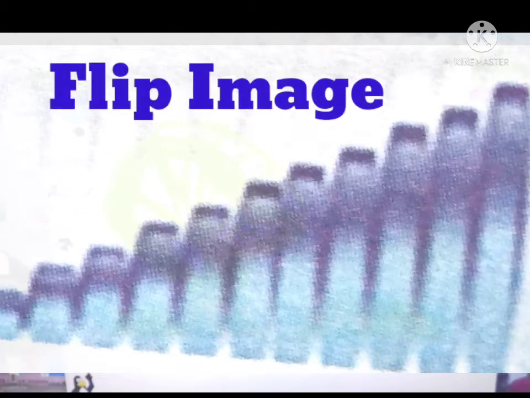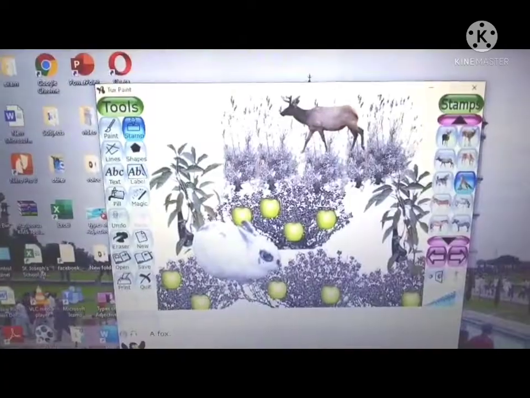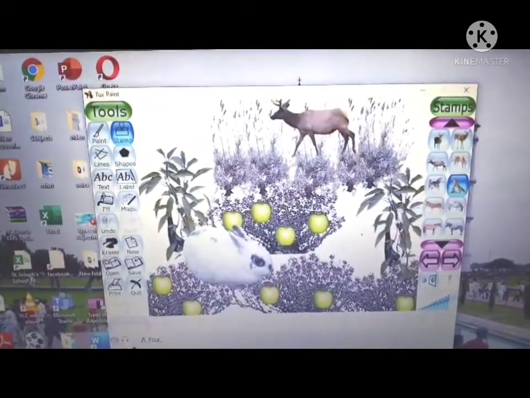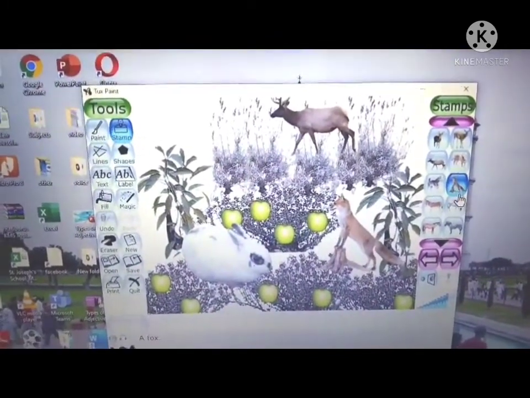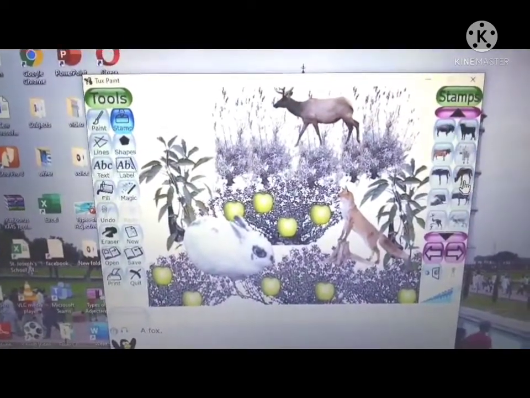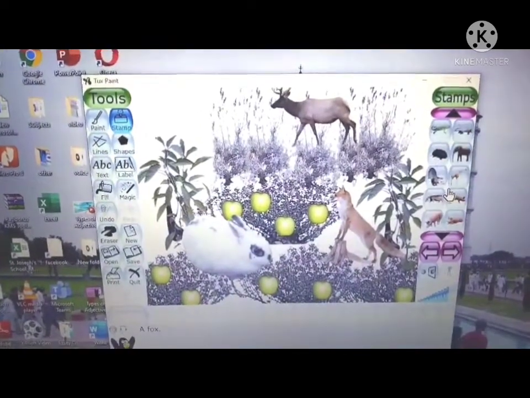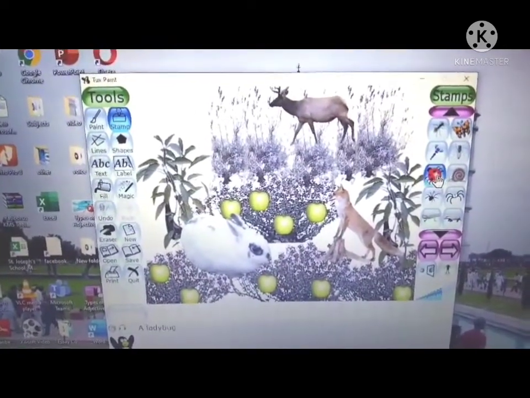Increase, decrease the size of the image. The size of the stamp can be increased or decreased by using these control tools located at the bottom of the screen. Different stamps have different sound effects and descriptive sounds. Buttons at the lower left side allow you to replay the sound effects and descriptive sounds for the currently selected stamp.